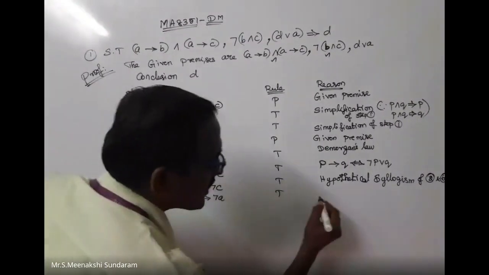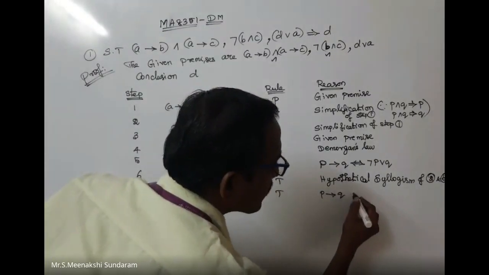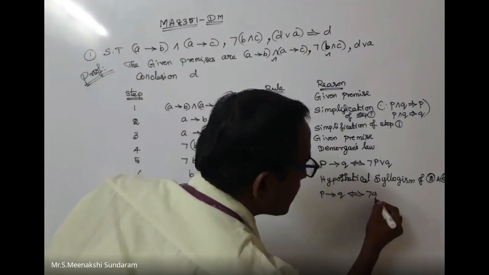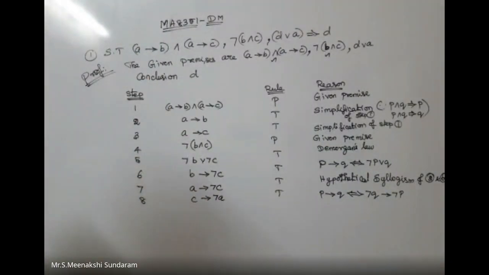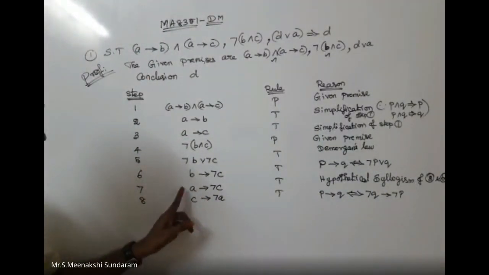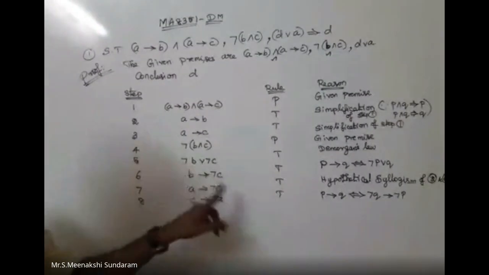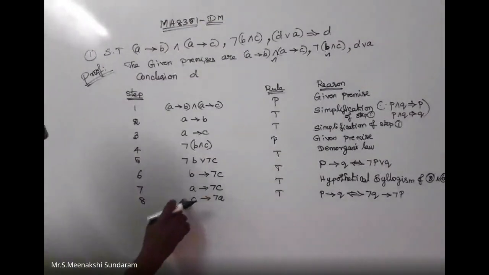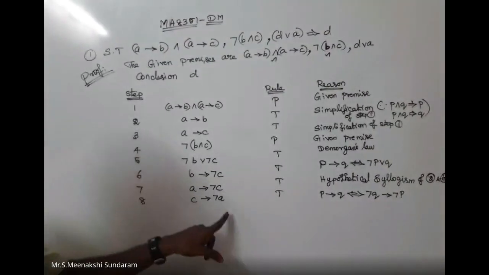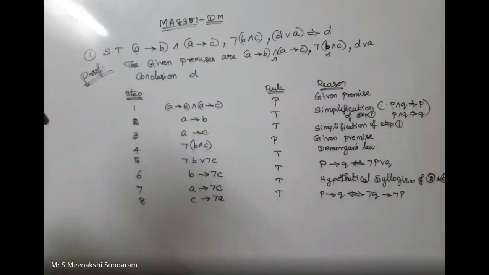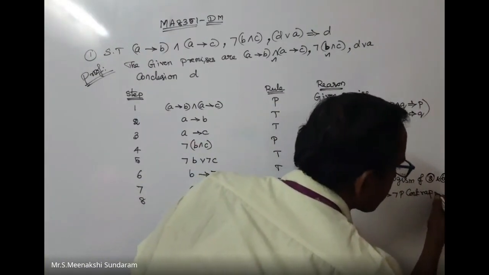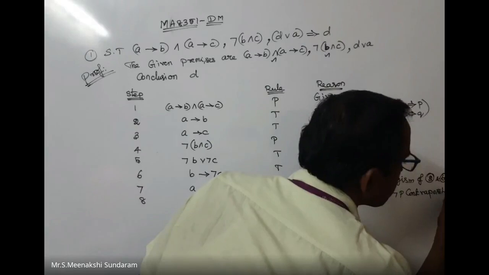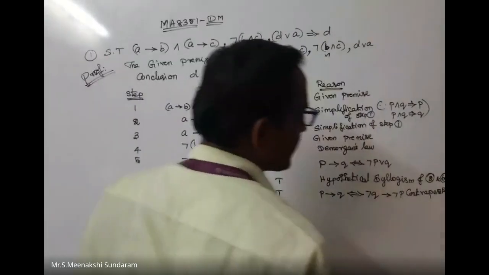That is rule T. P tends to Q if and only if negation Q tends to negation P. We use the contrapositive. A tends to B. This I can write as negation of negation C. That is negation of negation C. Also you can write in one step. That is, I can write C tends to negation A. Sometimes you can write this statement as contrapositive. Or otherwise you can write this.